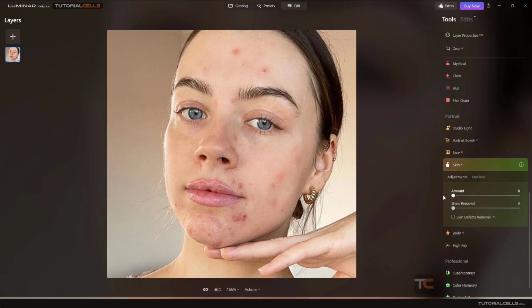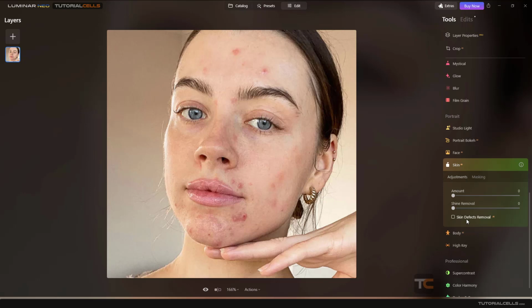Nice. Shine removal. In some parts of the face, there can be some unnatural shine. It removed that. In some cases, it's good. Yeah, in this case, we don't have any shine. In some cases, we have overall lighting on our face, and it removed that. With one click, you can